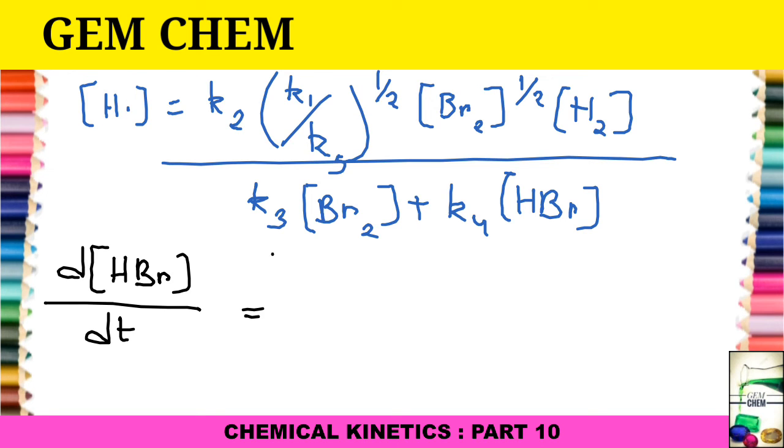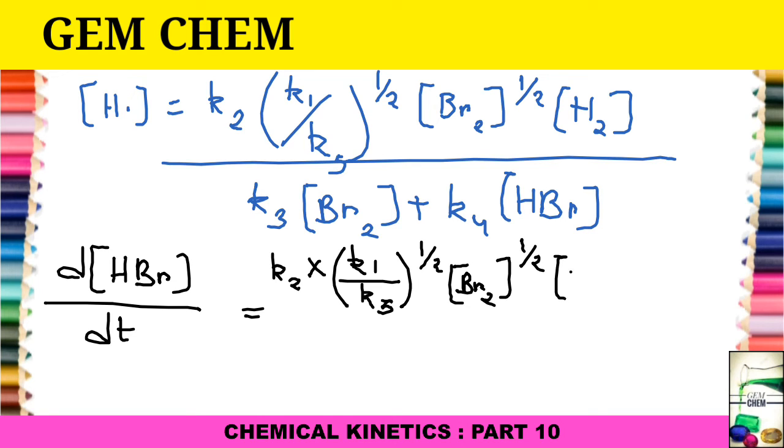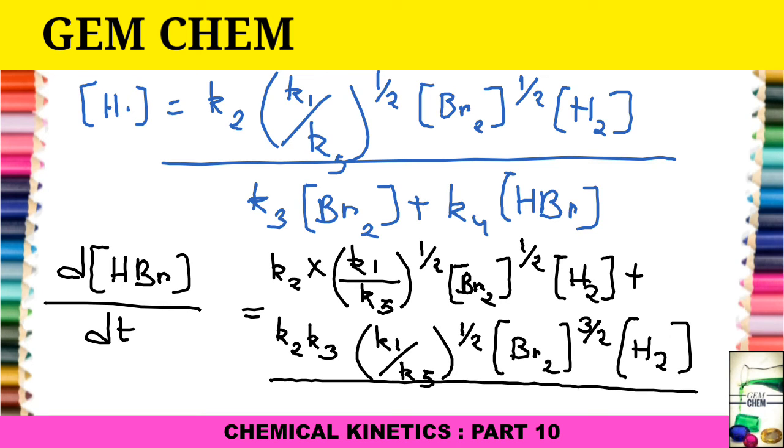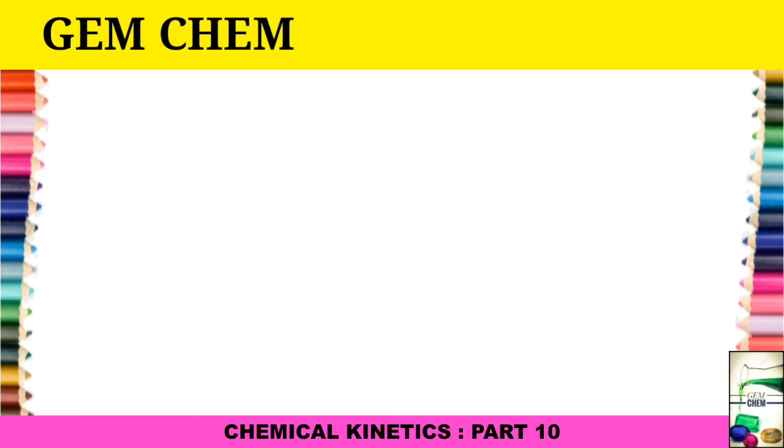This is equal to K2 into (K1 by K5) to the power half Br2 to the power half H2 concentration, plus K2 K3 (K1 by K5) to the power half Br2 to the power 3 by 2 concentration H2, divided by K3 Br2 concentration plus K4 HBr concentration, and another term is left for the minus one, and that term is